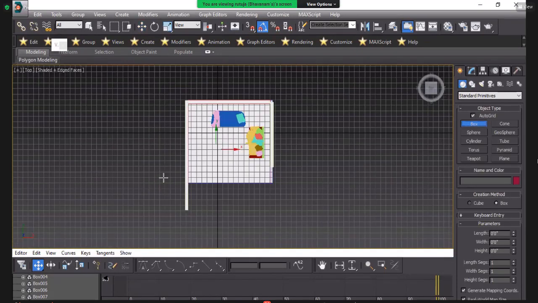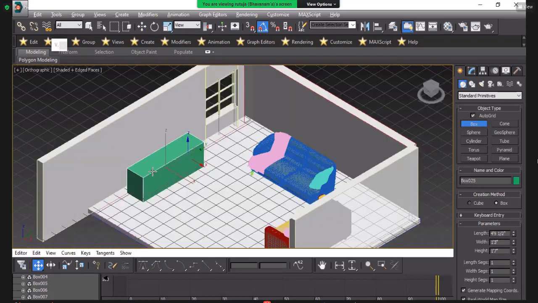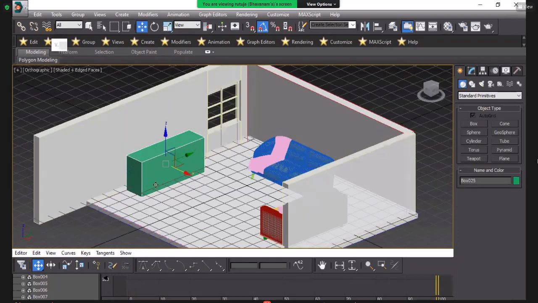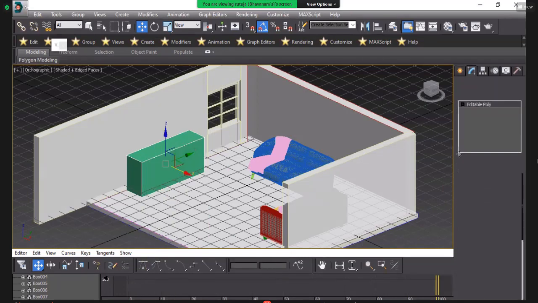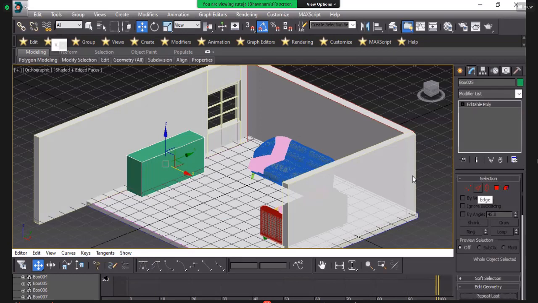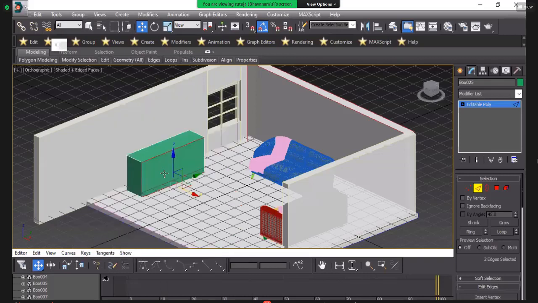Top, Z, take one box, take its height, convert into editable poly, and just select the edges which we want, connect, yeah, like that. Also I select this one, connect. I want only one.